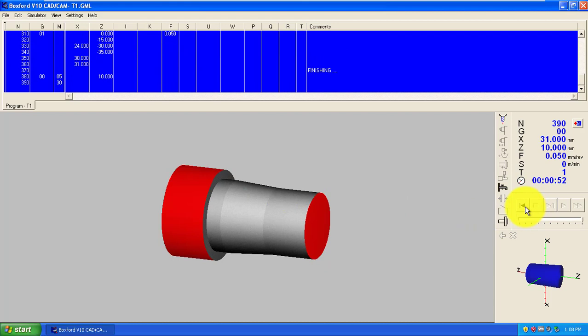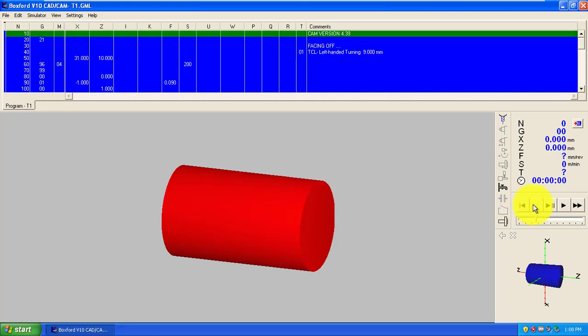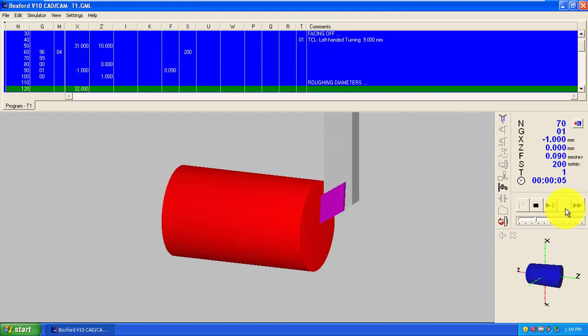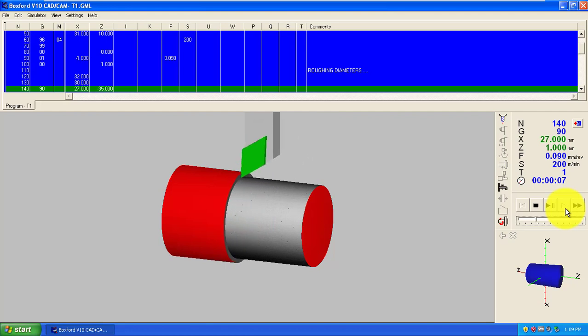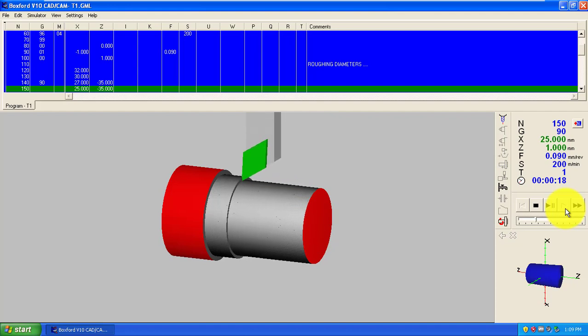Now you can see you can decrease the speed of the simulation. Here the codes as well as the simulation, both windows, you can see on the screen. When you start the simulation, these are basically the G and M codes being generated by the software for that particular operation as per your CAD model. When you click on this play button, you can see the simulation. It is removing the material in steps. A depth of cut should be ensured.